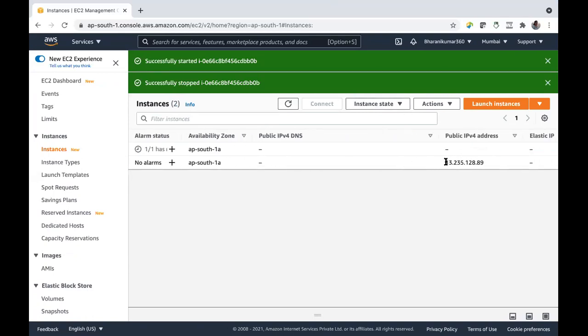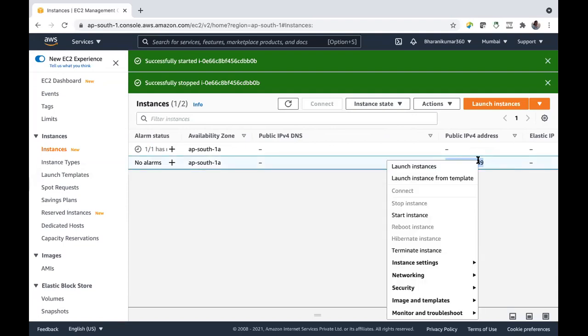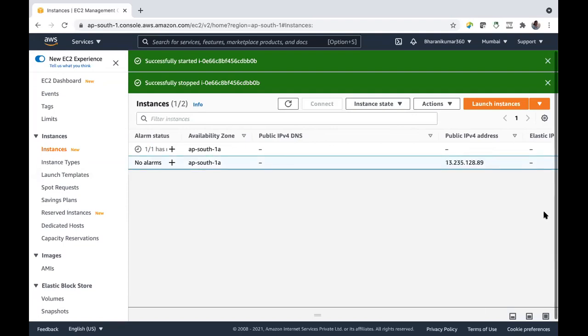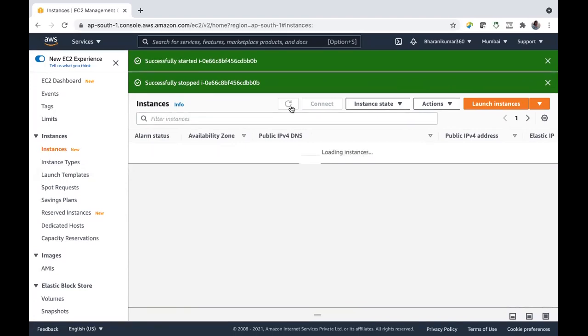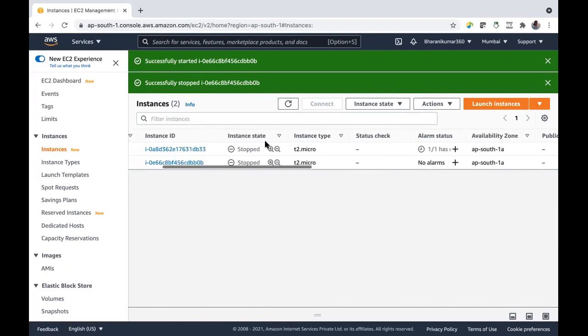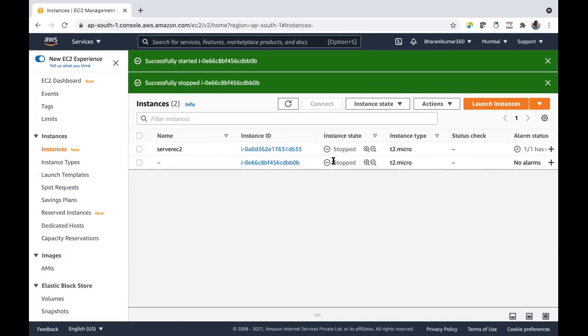So this is my IP address. Let me copy this. No, we cannot copy. Let us look at the last octet. It's 128.89 and it starts with 13.235 something. Now the instance state is stopped. Now let us start the instance.